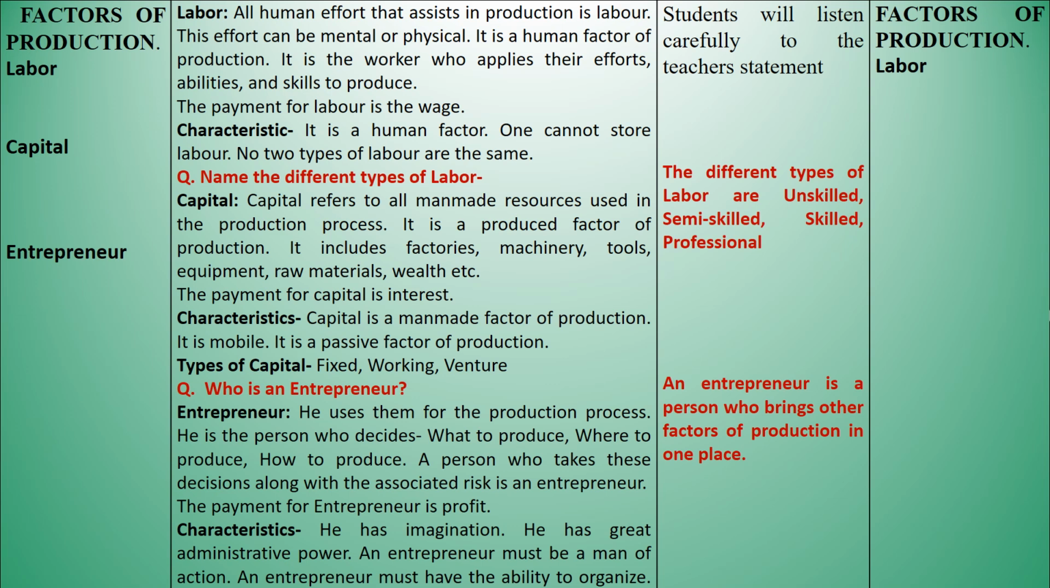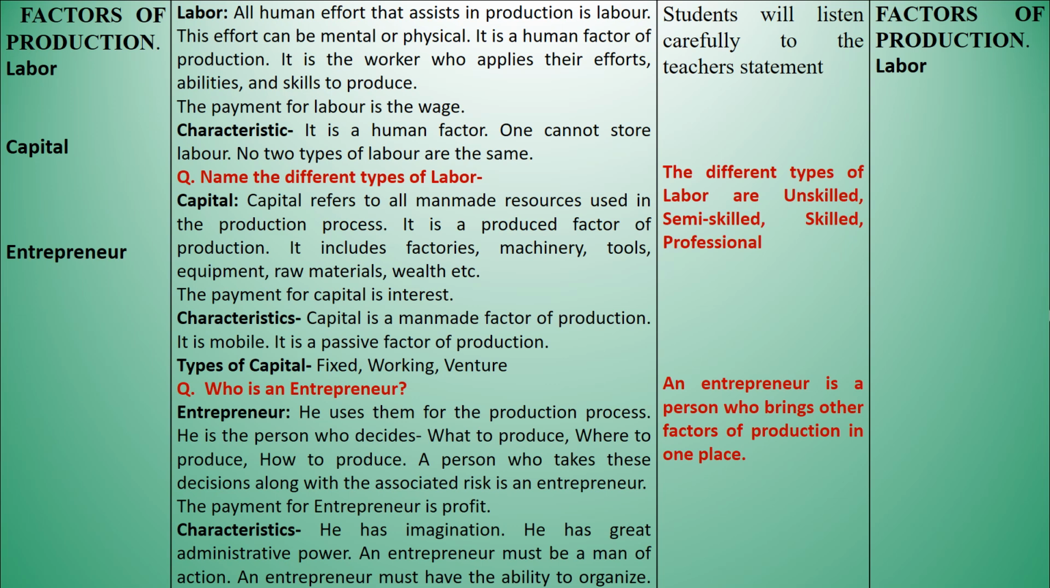The main characteristic of capital is that it is man-made factor of production. It is mobile. It is passive factor of production. There are 3 types of capital: fixed, working, and venture. After the teacher's statement, another developing question will be asked: who is an entrepreneur? The answer given by the student is, an entrepreneur is a person who brings other factors of production in one